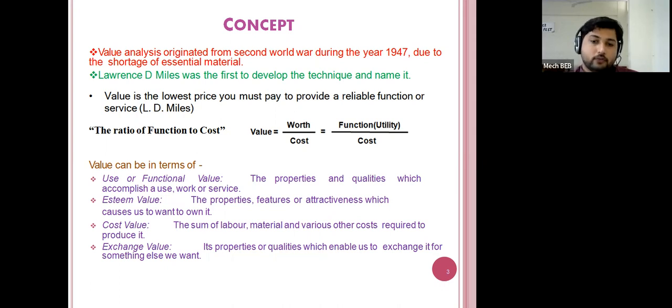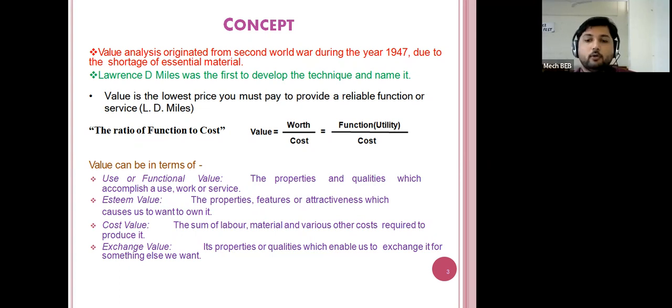Then exchange value. Now you are paying in rupees and you are buying something, so that will be the exchange value. You are exchanging. Or you are exchanging the shares of a company, so that will be the exchange value. What will be the trading value? Let us consider you are selling onions in the market. There you exchange your goods with another party or businessman. So that will be considered as exchange value.